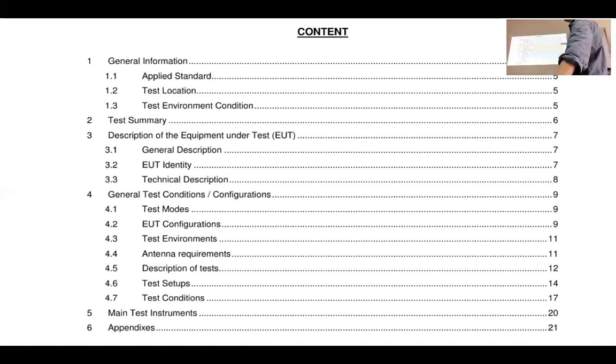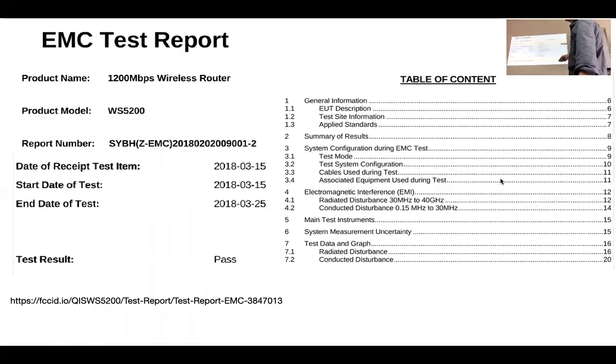Okay, so this is generally how the test report will look like. For example, this is EMC. First, we'll know that this is the product name. It's a router. Then what is the tech model? Then this is the report number you have to put in. Form 2, okay, new tech approval and technical checklist 2. Checklist. This one must be within 5 years. Okay, we can accept.